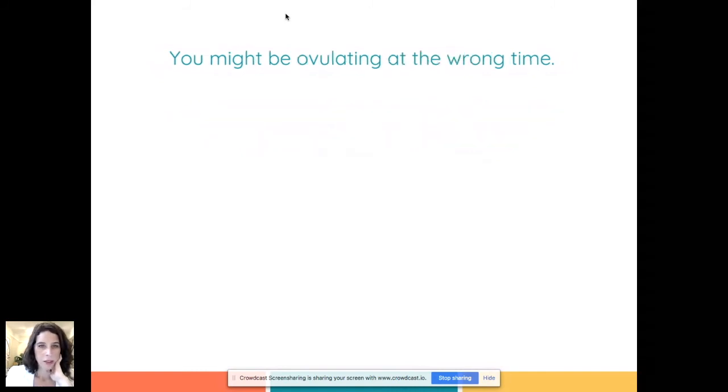And okay, the next thing is you might be ovulating at the wrong time. If you ovulate too soon, as we mentioned, there's a certain length of time that the follicular phase should be. And if you're ovulating too soon, less than 12 days in the follicular phase, your egg isn't mature enough so that when the sperm is trying to fertilize it, it's not going to really be ready to make a healthy embryo. And if you're ovulating too late,